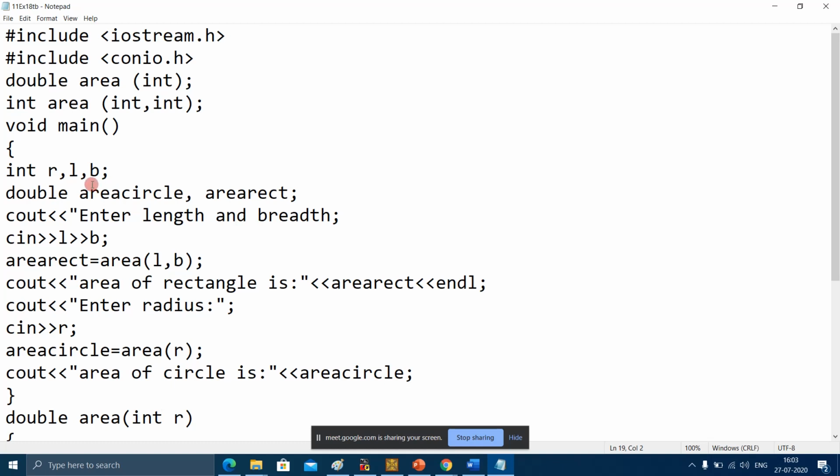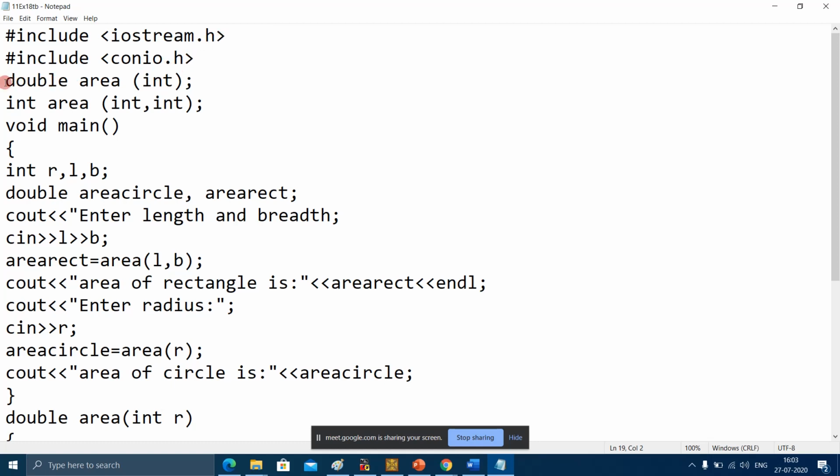So let's see what is happening in this program. This program calculates the area of a circle and the area of a rectangle using function overloading. Here the iostream.h header file you know, conio.h you know.